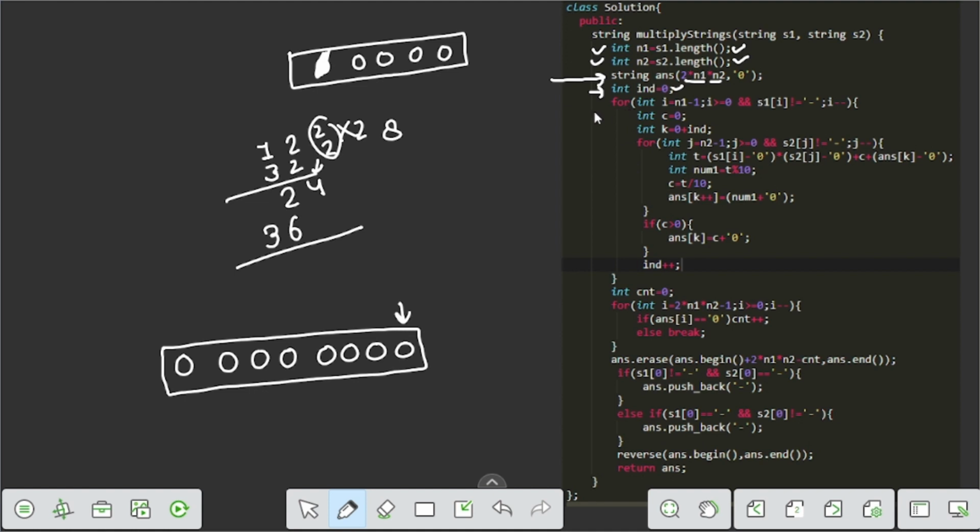And in this nested for loop, we iterate over the first string, with i from the back, n1 minus 1, i greater than or equal to 0, and we also check a condition that s1 of i is not equal to negative sign, because the string can be negative, so we check that s1 of i is not a negative sign, and i minus minus.